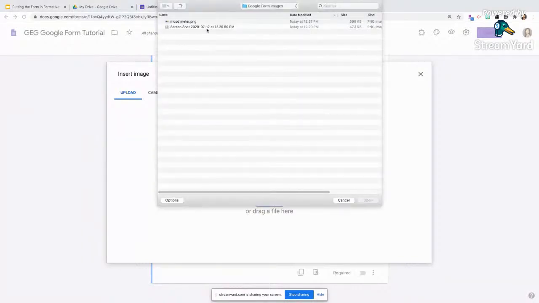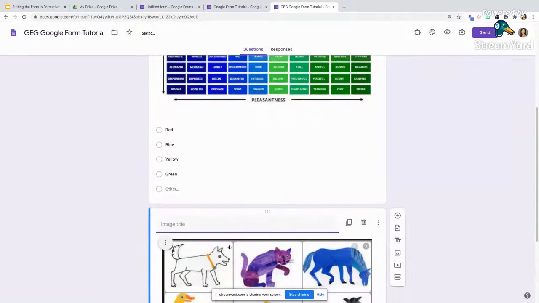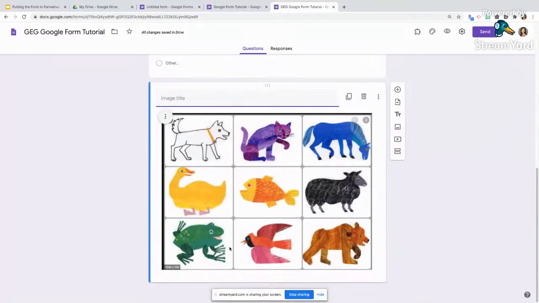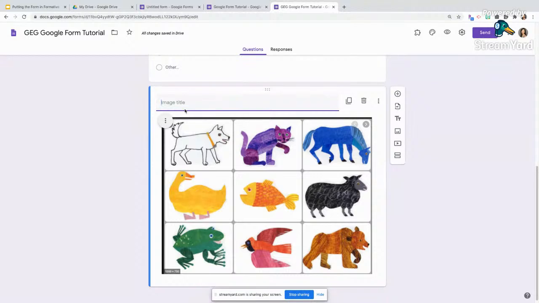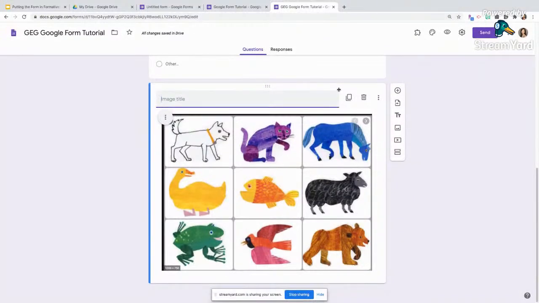Actually, I'll show you a different image. I'm going to show you this one. Is this the right one? Oh no, this is not. Okay, hold on. So let's pretend I want to create a quiz that's asking questions off of this one image. And so that's the other way of using an image in a quiz. So let's say I'm using this Eric Carle picture, and